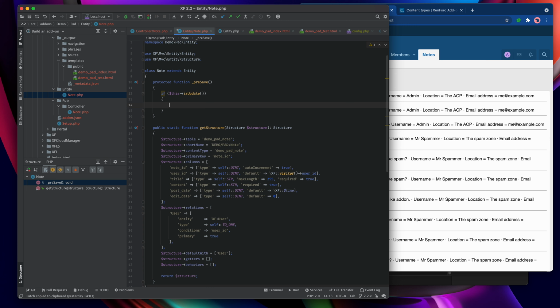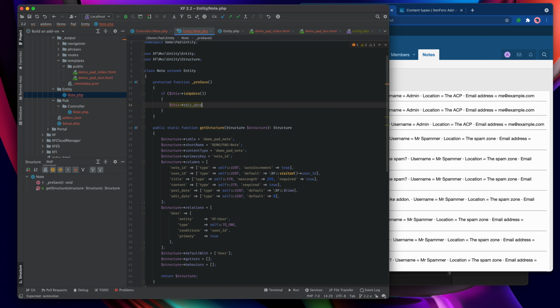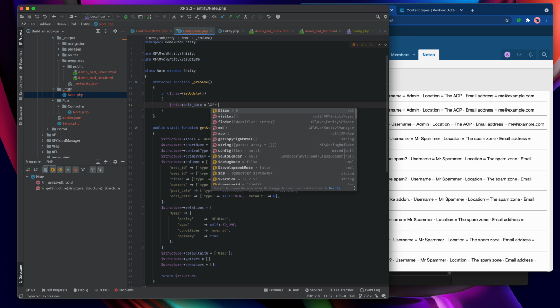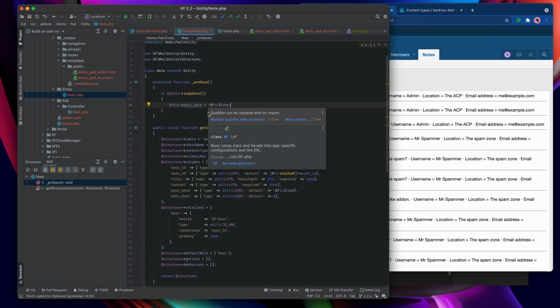And all we have to do is say this editDate equals XF::$time. And so before we get to the point where it's actually going to do any saving, it will check to see if there's anything that needs to be done, like this edit date setting, set it and then do the save afterwards. So we will automatically have the edit date updated to the current time at any time that we save an edit.